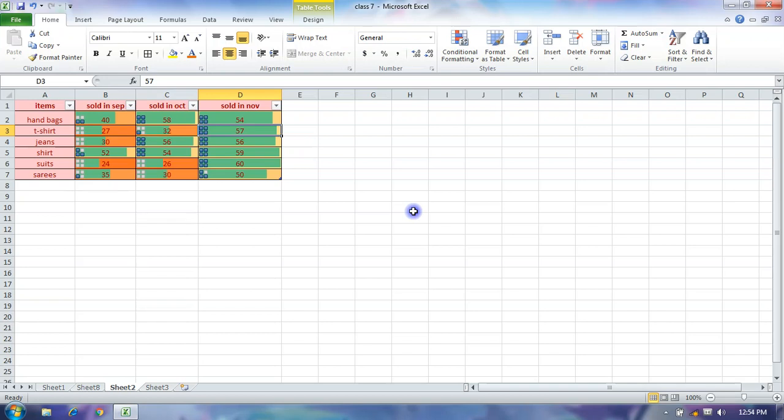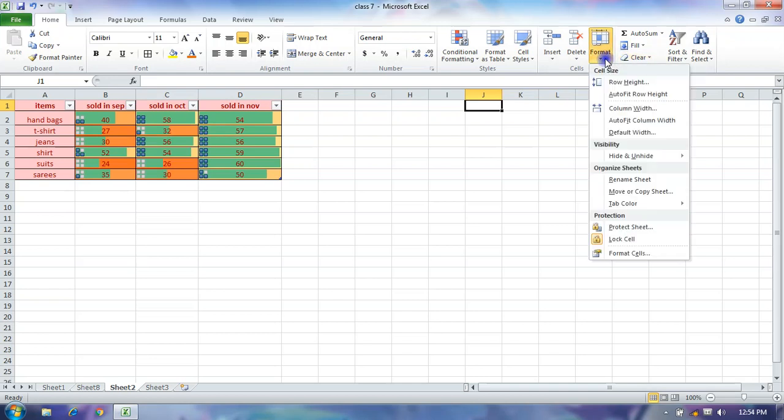Okay, so when you start your MS Excel and you see this cell, the row height is by default 12.75 and the column width is 8.43. You can also format from here.